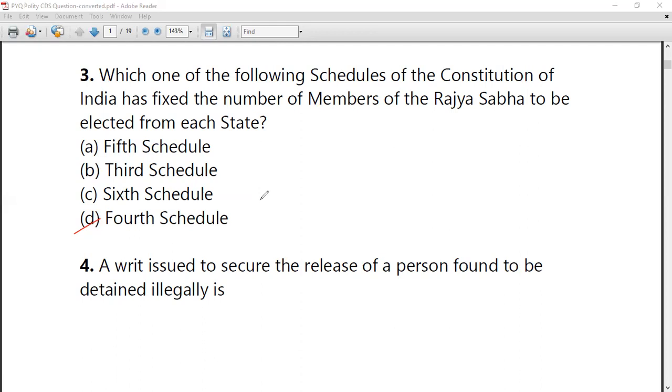And the allocation of seats in the Rajya Sabha from each state is according to the 4th Schedule, which deals with the number of seats which will be allocated to every state of India. Next, you will see here, the next question is,